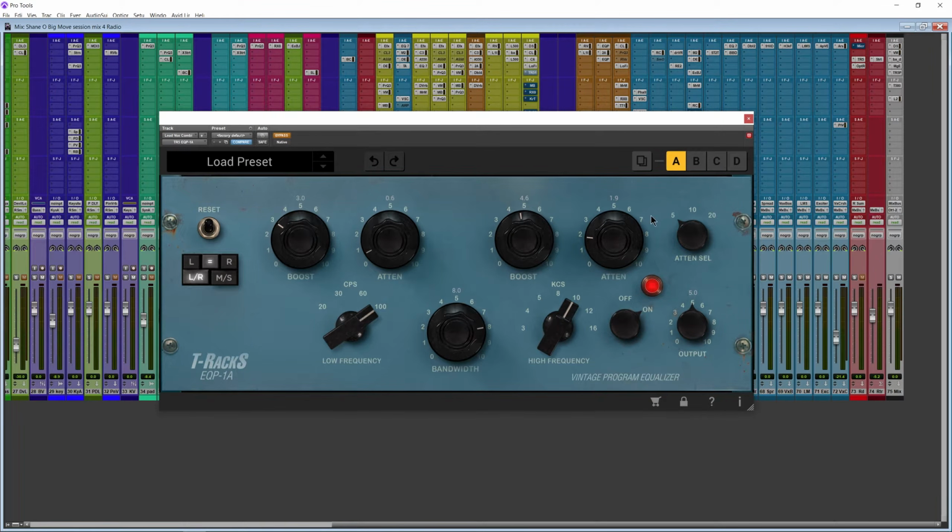Now for the high frequency, I boosted around 10k, 4.6 dB per octave, and I cut by almost half with a very wide band. And this attenuation selection here works in conjunction with this plugin. These two work together and these three work together.